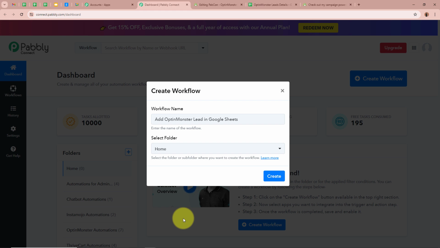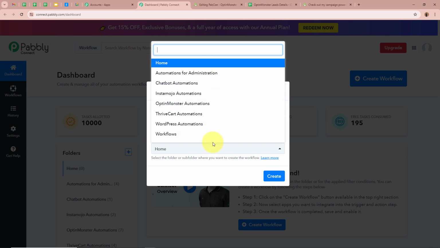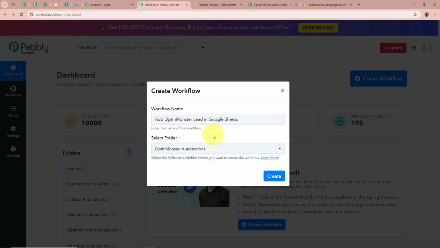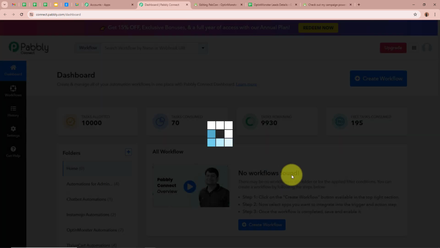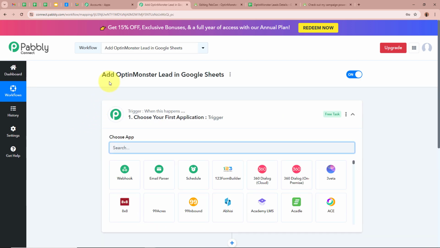from which I'm going to select a specific folder in which I want to save this workflow in. For that, click on this drop down arrow, and these are the folders from which I'm going to select OptinMonster Automations as the folder I want to save this workflow in. After giving a name to a workflow and selecting the folder, let's click on Create in order to create a workflow. A workflow is created in the name of Add OptinMonster Lead in Google Sheets,